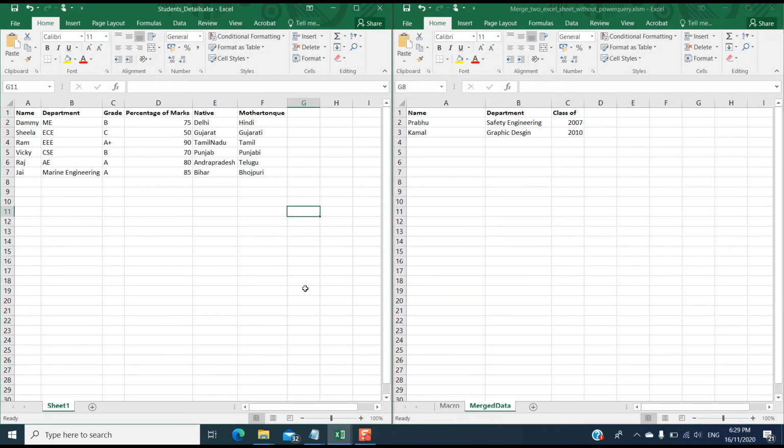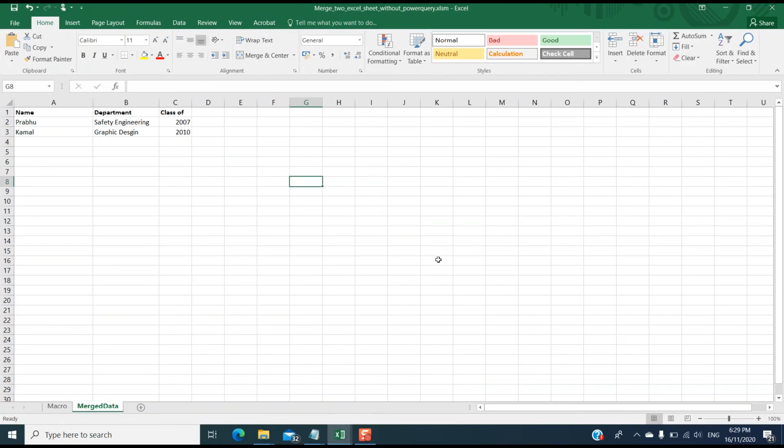So the requirement today is we need to combine these two Excels into one single Excel without using any UI provided by Microsoft Excel. So how we are going to do this is we are going to use a macro to combine these two Excels. That macro will append the rows and merge and append the columns. This is the macro part, and we will go to the macro part now.